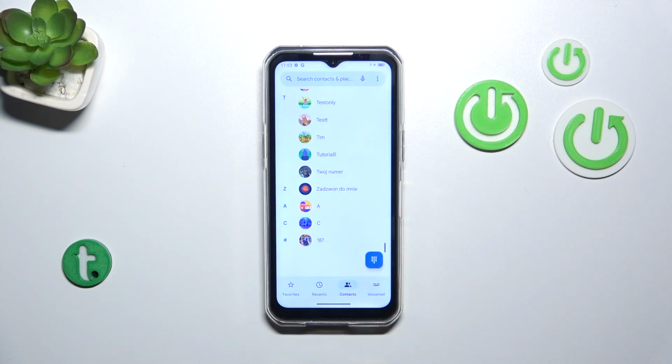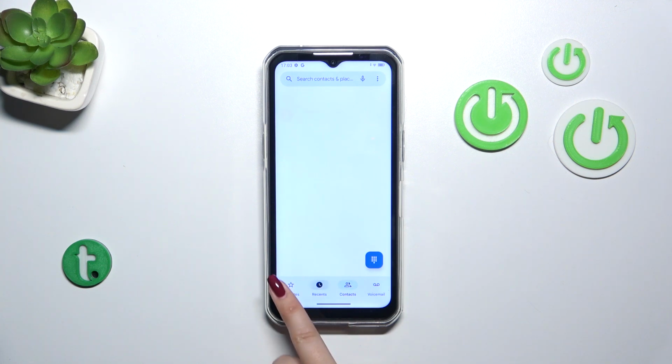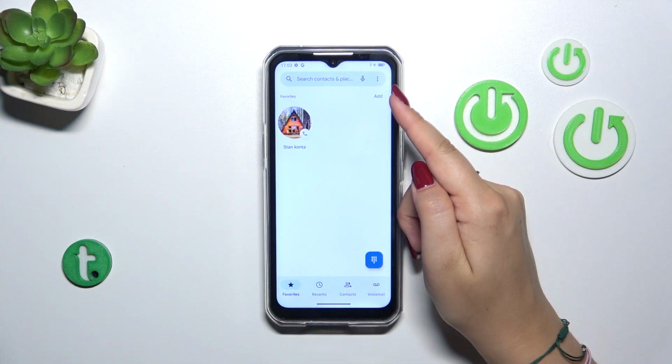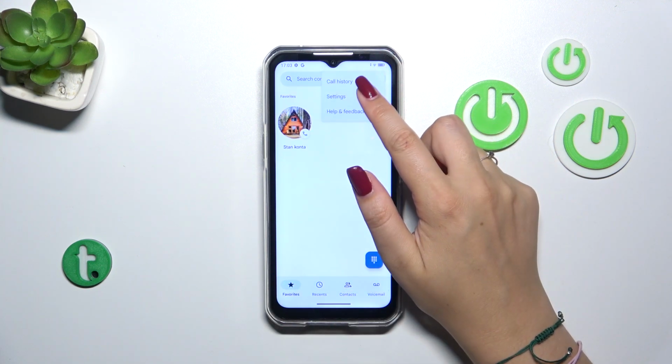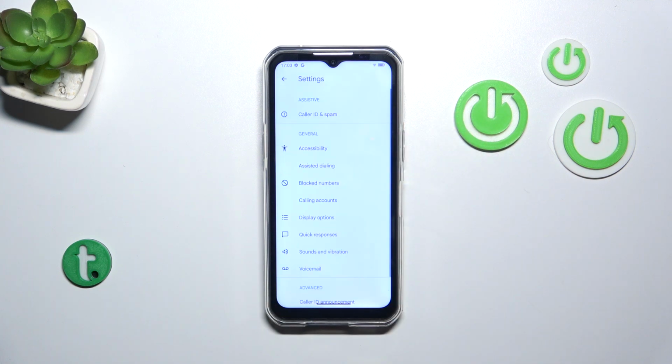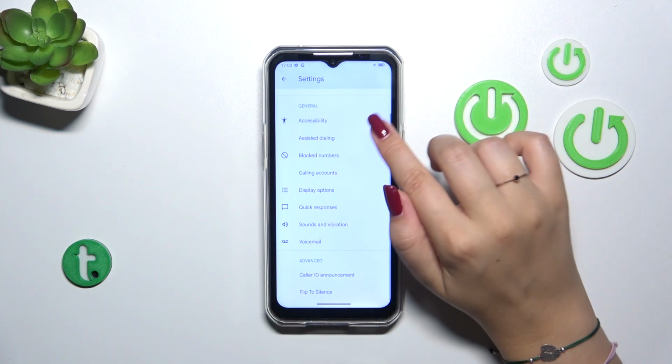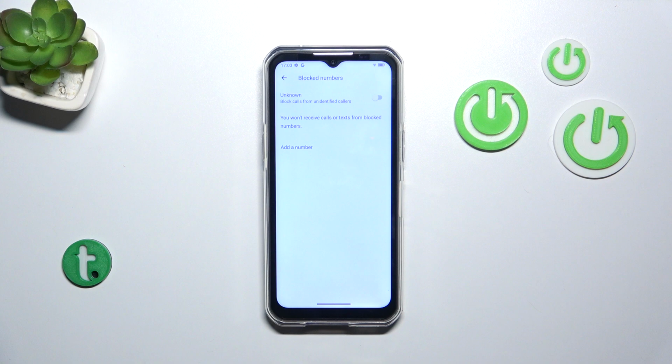So this is the first way of blocking the number, and the second one requires entering the settings. So here it does not really matter whether it will be in the contacts, recents or the favorites. Just tap on the three dots icon in the right upper corner and tap on the settings. Right here we have to find this section, blocked numbers, and here we've got our blacklist, which is currently empty,